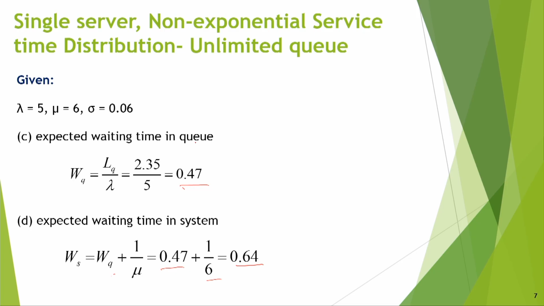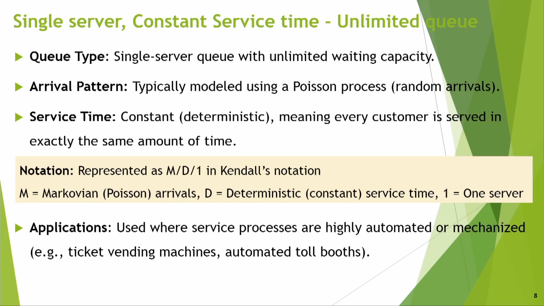Now, the unit. What should the unit be? LQ was in customers and lambda was 5 per hour, so this will be in hours. You have to say the expected waiting time in the system, WS, is in hours, and 1 by mu, 1 by 6, is also in hours. So this will be 0.64 hour. You have to write the full answer with the unit, otherwise you will not get the marks. Now, single server